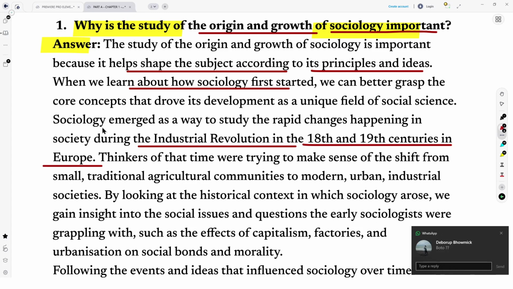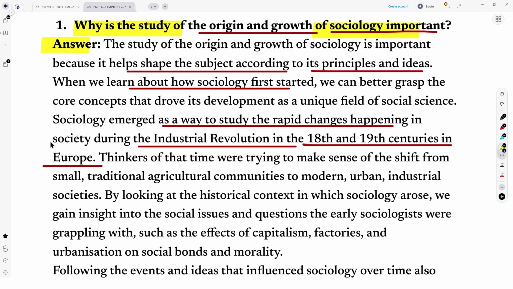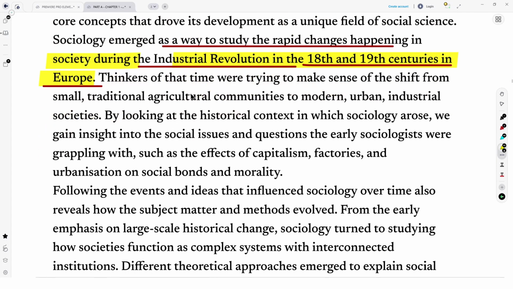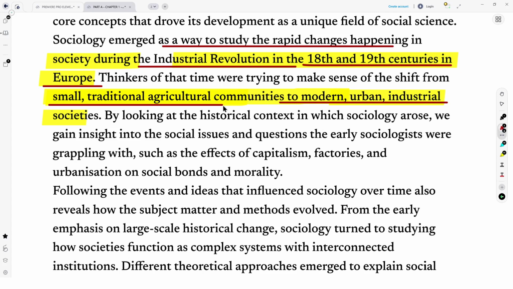in Europe. In Europe, sociology emerged as a way of studying the rapid changes happening in society during the Industrial Revolution in the 18th and 19th century. Thinkers of that time were trying to make sense of the shift from small, as you understood, small and traditional agricultural communities to modern, urban and industrial societies. A lot of migration was going on from rural areas to urban areas, and because capitalism was promoting a lot of factories and machinery being built,